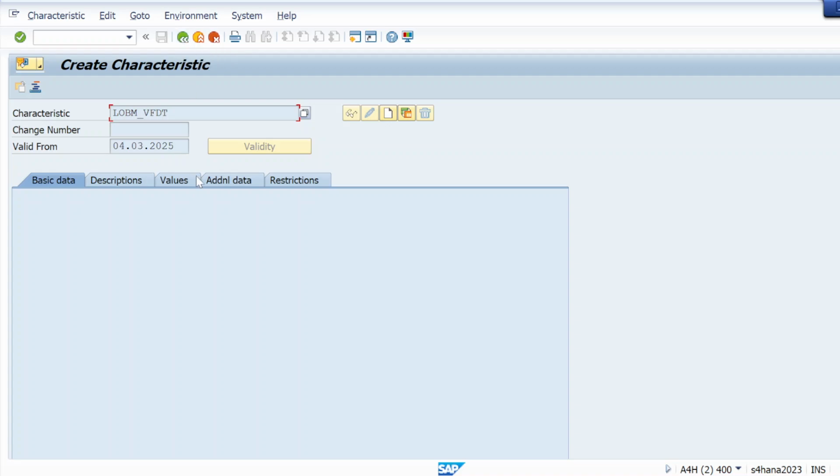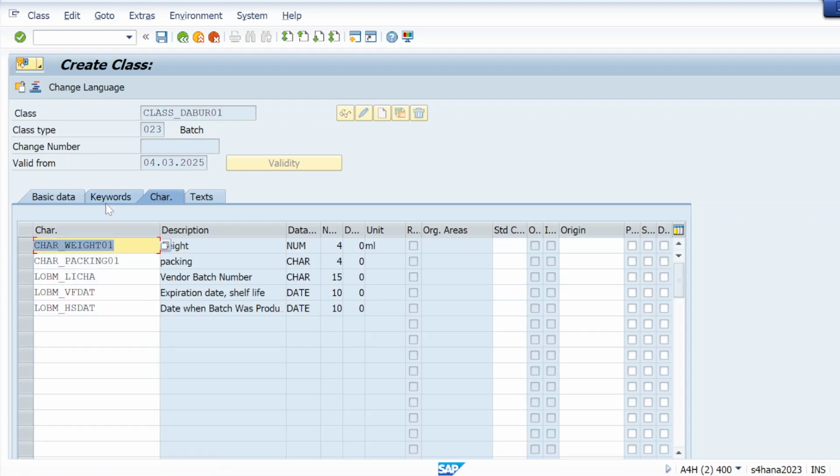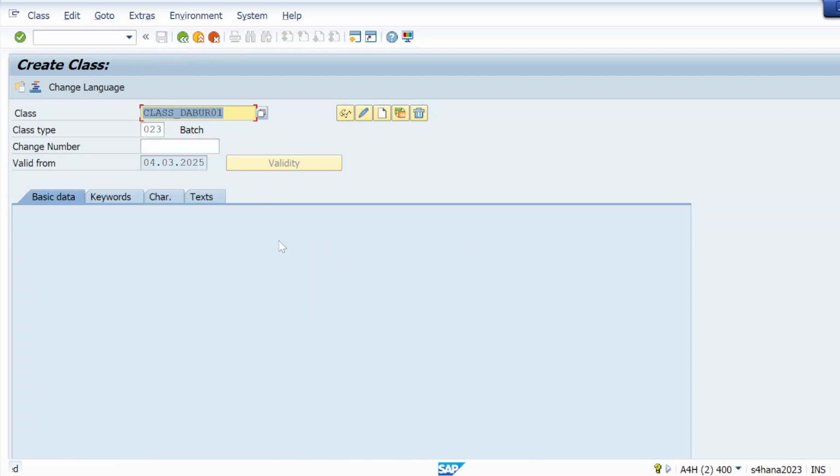It's showing it's not there. This is BFDAT, not DT, I just made a mistake. Now it's fine. Okay, check and save it. So the class is also done.